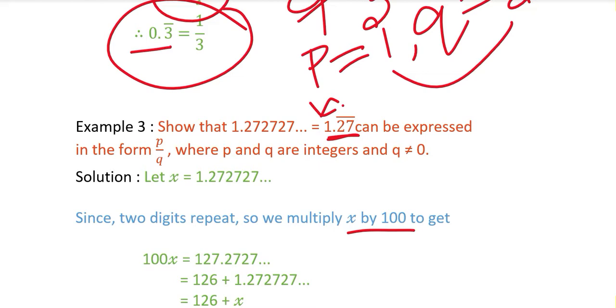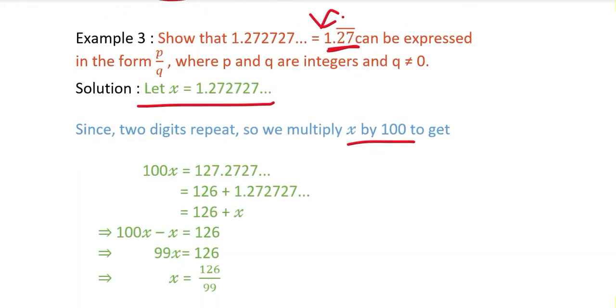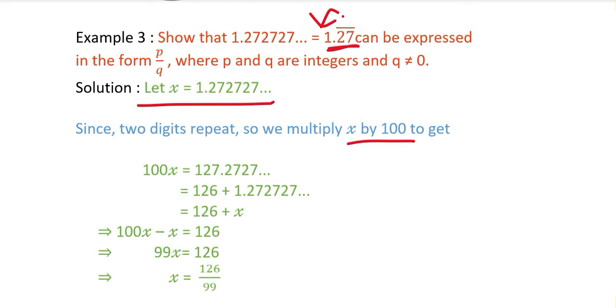Now in this part you can see we can just write x like this. We can also write 1.27 bar. It doesn't matter how you write x, whether you write 1.27 bar or you write 1.272727 at least 3 times and then give the 3 dots. So on multiplying with 100, x becomes 100x, and now the decimal